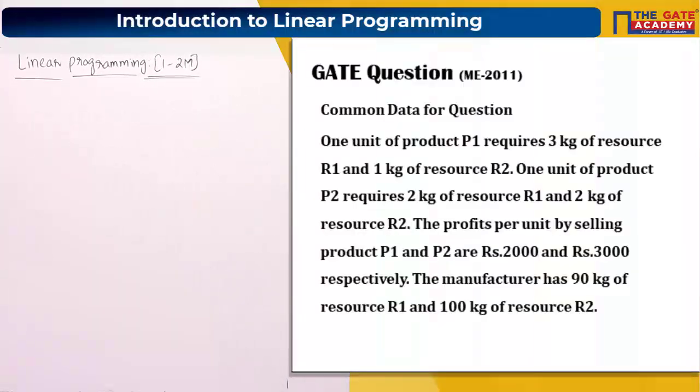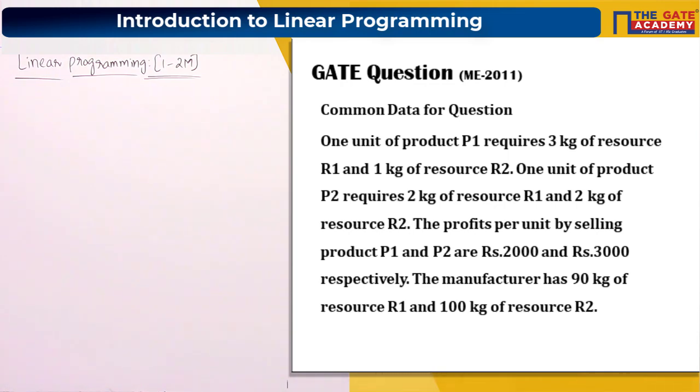Okay, fine. So I'm just reading the question. It is a common data question. So again I'm repeating, in 2011 and before 2015, they used to ask common data type questions, that means common data will be there for 2 questions. But nowadays they are not asking these types of questions. In a sense, no common data questions. They will be asking only single questions, right?